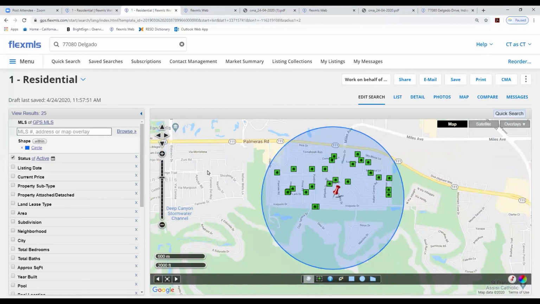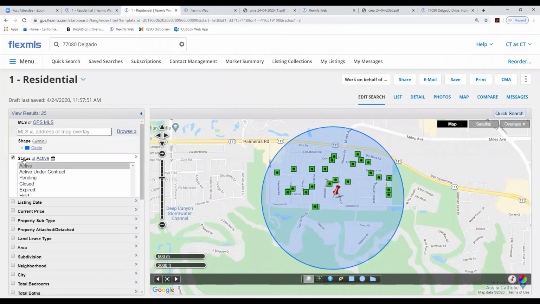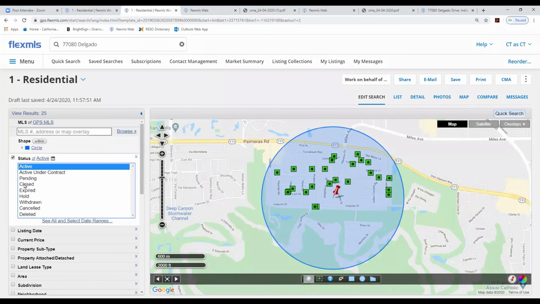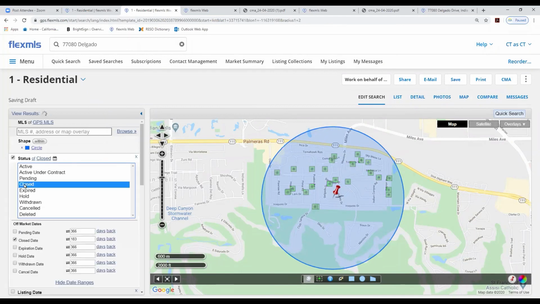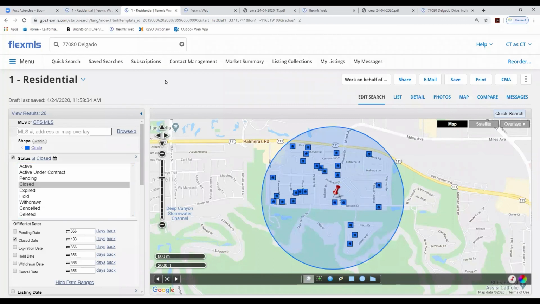Okay, I'm going to use this radius search for the other option that I'm going to show you within the statistical report. So I'm going to change the status to closed. Actually, I just realized that that's not going to work for the example I want to give you. Okay, so what I have done